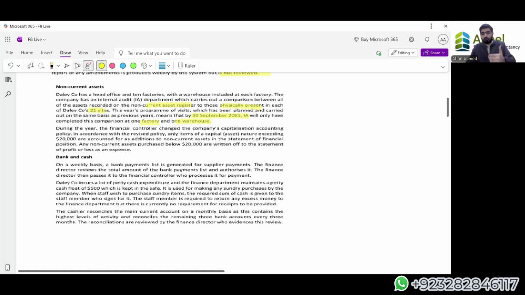If it is recorded at the full cost, that means we are not going to have a correct valuation of the asset. This is also a risk, right? So obsolescence is a risk here. The risk is misappropriation of assets. This is a big risk in the company, and there are multiple factories, multiple offsite warehouses and head offices. So this is a big problem for the company. This is the risk and the particular impact of it. This will result in a high chance of fraud and a higher chance of miscalculation of asset value, and this will result in a long-term loss for the company.